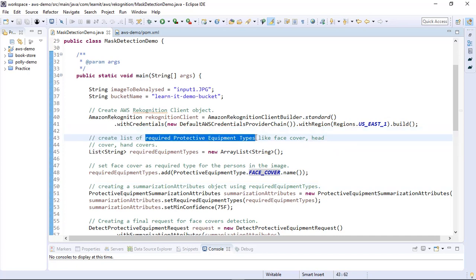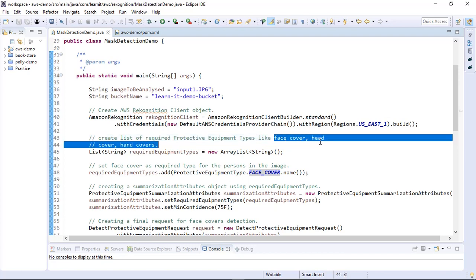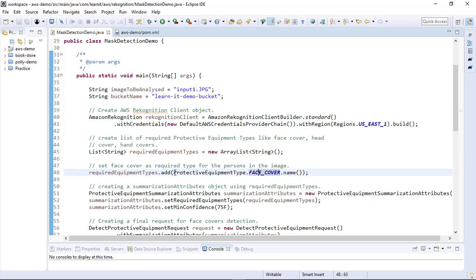Using Amazon Rekognition Service, we can detect face covers, head covers or hand covers in the images. And we want to detect face cover or face mask. So we have to add the protective equipment type as face cover in the required equipment types in the request object.